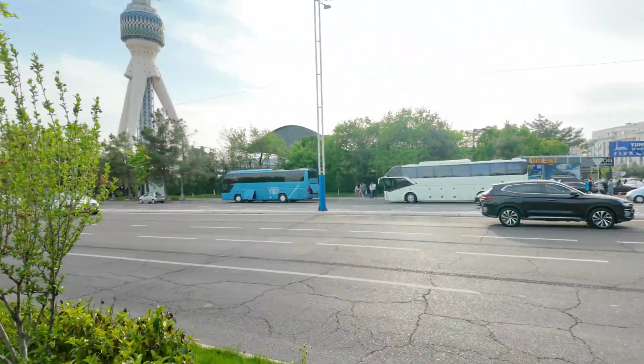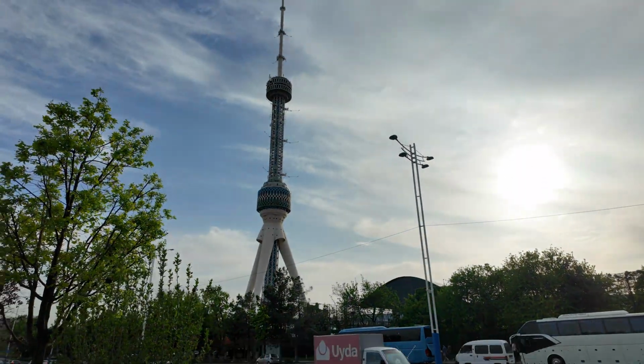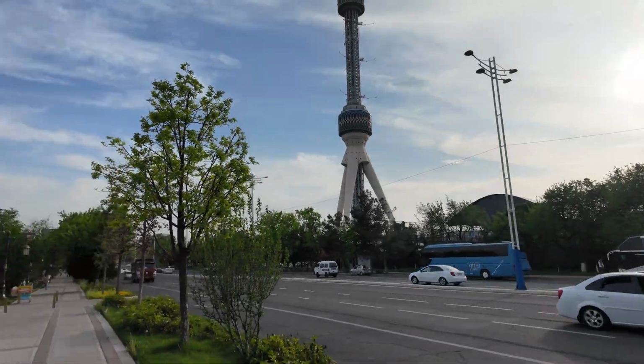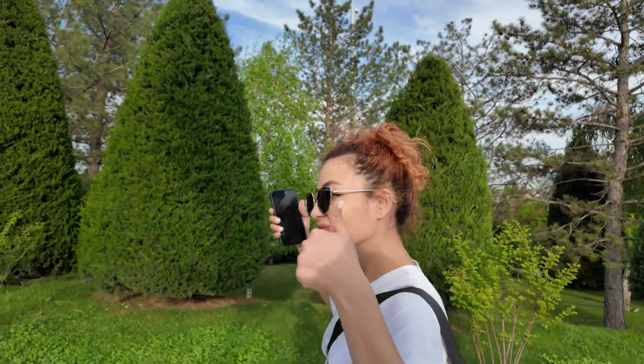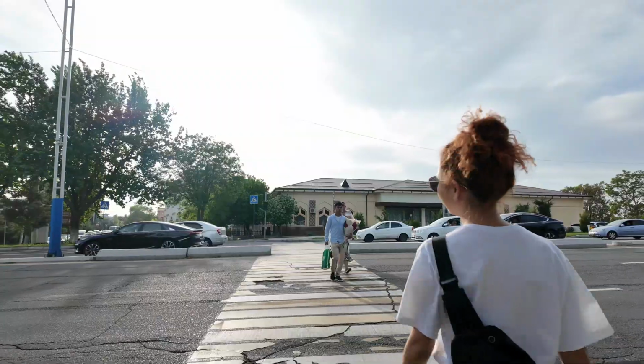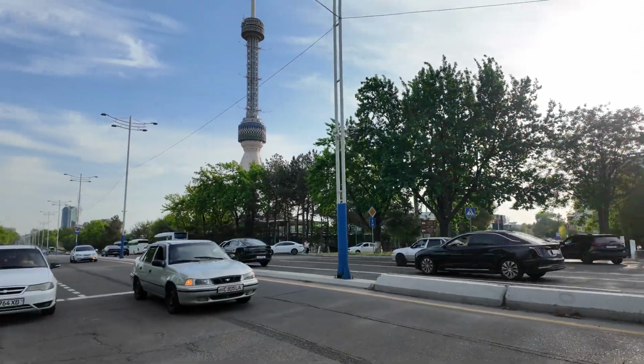I'm getting quite tired now, and I lose all my focus, and it's hard to speak with you. That's why we're gonna end this tour now with climbing this Tashkent Tower and having a view over the whole city. Sounds great, right? Yeah. Whoa, whoa, whoa. You should focus on